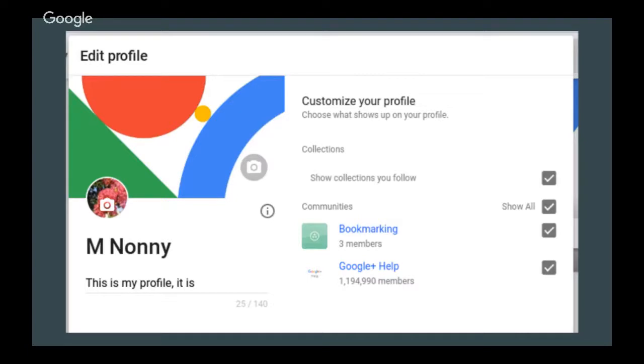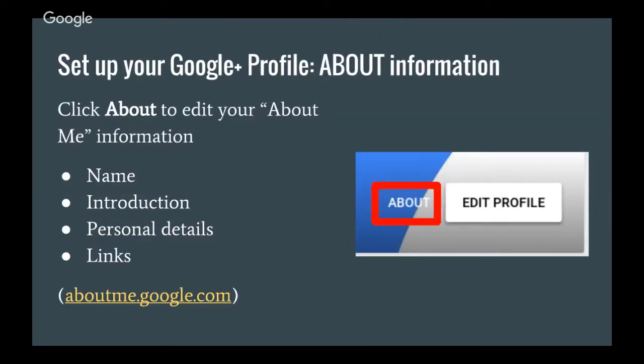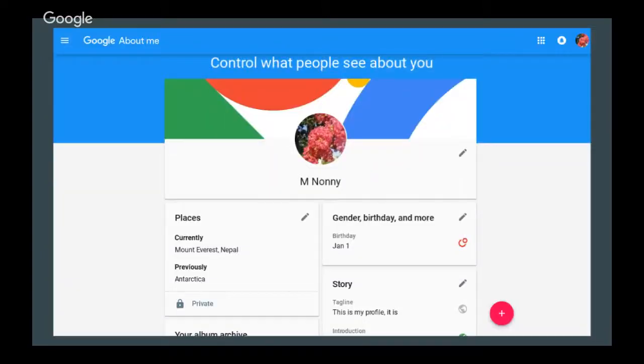So you can configure all these things, but you notice that it doesn't actually include all that detailed information. To change all those details, you have to click About. What that does is it opens an entirely different new page on your Google account, a page called About Me. It's aboutme.google.com. You can change it directly. And that's information that's shared between different Google products. So in particular, your name will be the same name that you have on Google Plus and YouTube and Gmail. And then there are all these boxes with information. To change the information, you can just click the little pencil icon.